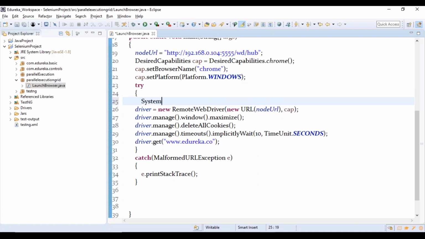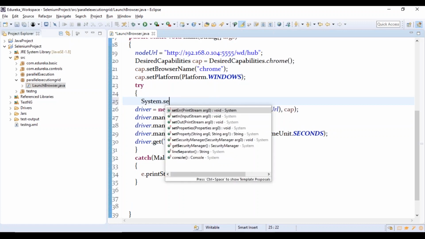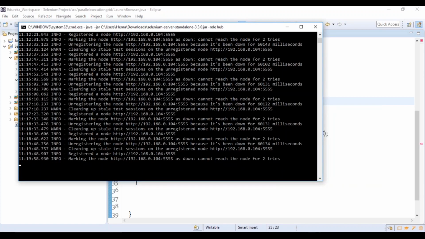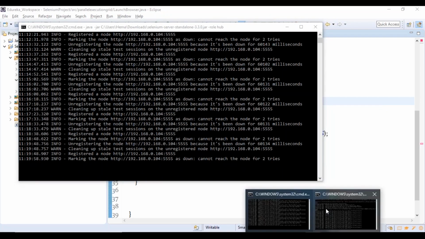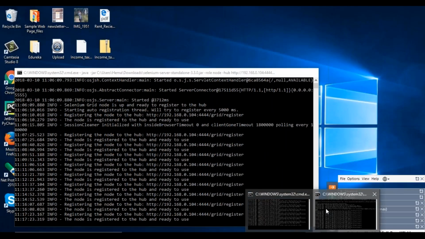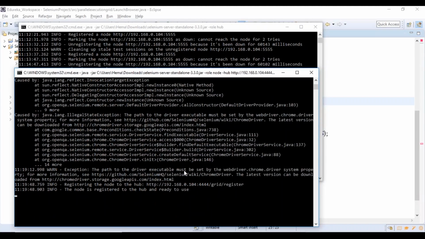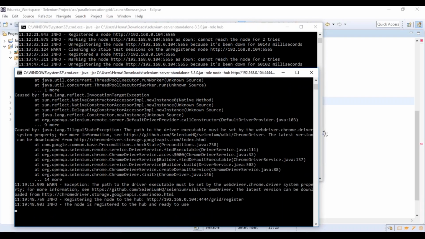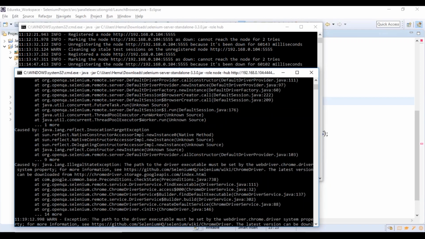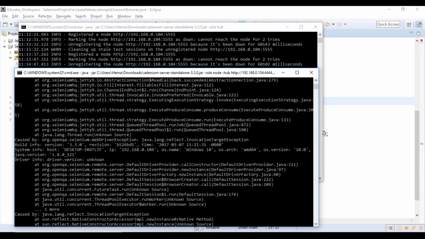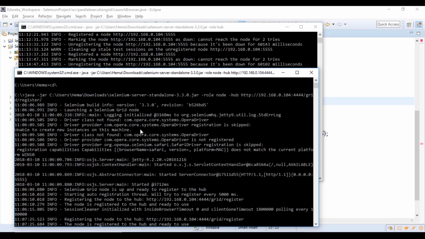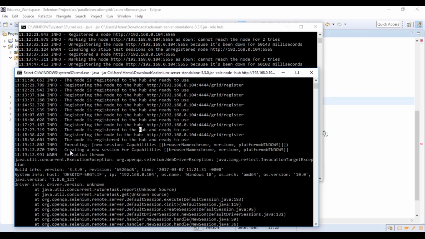So here is how System.setProperty works. If you see here, it is registering and unregistering, right? So if I go here, can you see this? As soon as you run your script on your node, you will be able to capture that it has run on this node. How? It is like this. Can you see here? There will be information that is provided. Let me show you that.